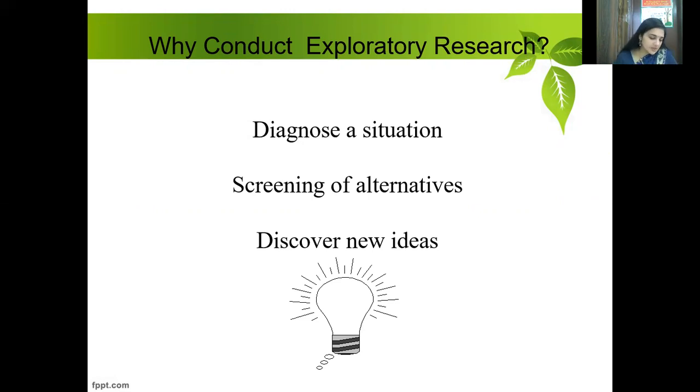Then screening of alternatives. How would you be screening the alternatives and why do we need it? See, we have so many alternatives available for exploratory research. We can go for all the alternatives. We can conduct exploratory research in all the manners, but no, sometimes we don't have time. We have to check how much cost it is going to involve. So for that, we go for alternative search. We will be screening all the alternatives, how much it is costing, how much time it would be taking, and on the basis of that we'll be able to check that yes, this is the right method to go for research.